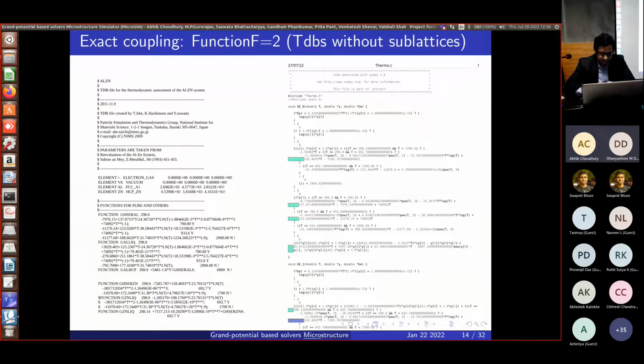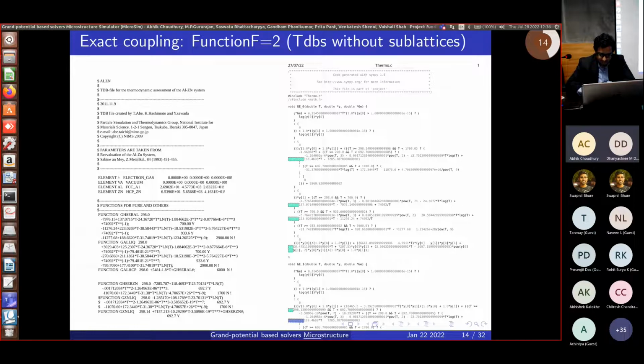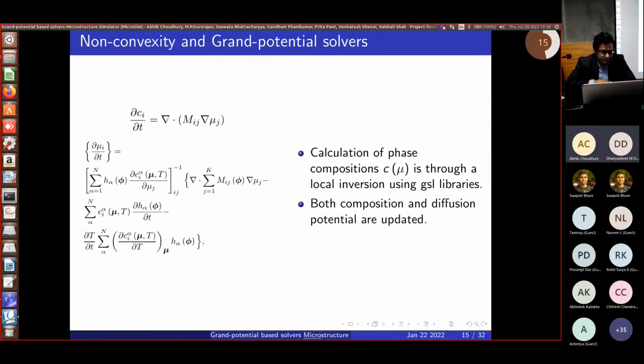OK. The other strategy is... one of the issues, I will just talk briefly about this. One of the issues that was previously thought about in the phase field literature is essentially that for performing the Legendre transform, one needs this composition as a function of the chemical potential. That's one of the essential parts of the Legendre transform. OK, now if this cannot be performed, typically you cannot do the Legendre transform, and therefore the psi cannot be